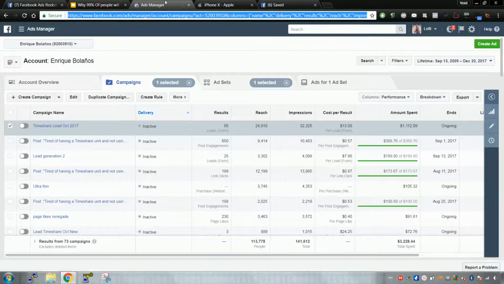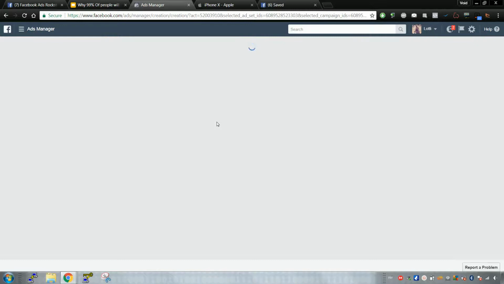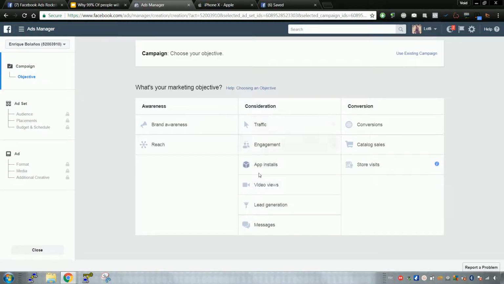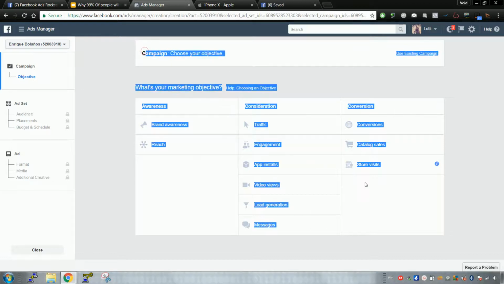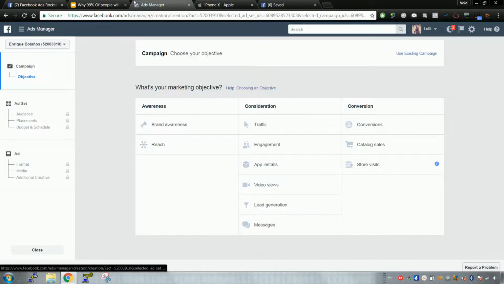And secondly, when it comes to creating campaigns, I'll show you, you have to know which objectives are the right objectives to start out with. All right, so for example, app installs. If you want app installs, you wouldn't run, I don't know, lead generation or messages or catalog sales. This is a big mistake people make when choosing their marketing objective. This is one of the most important pages to kickstart your business with Facebook ads.